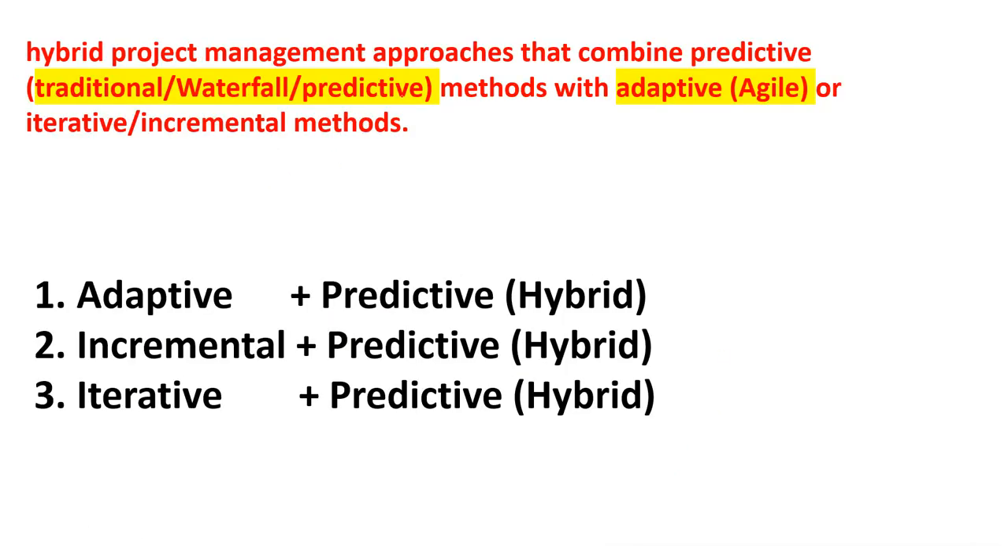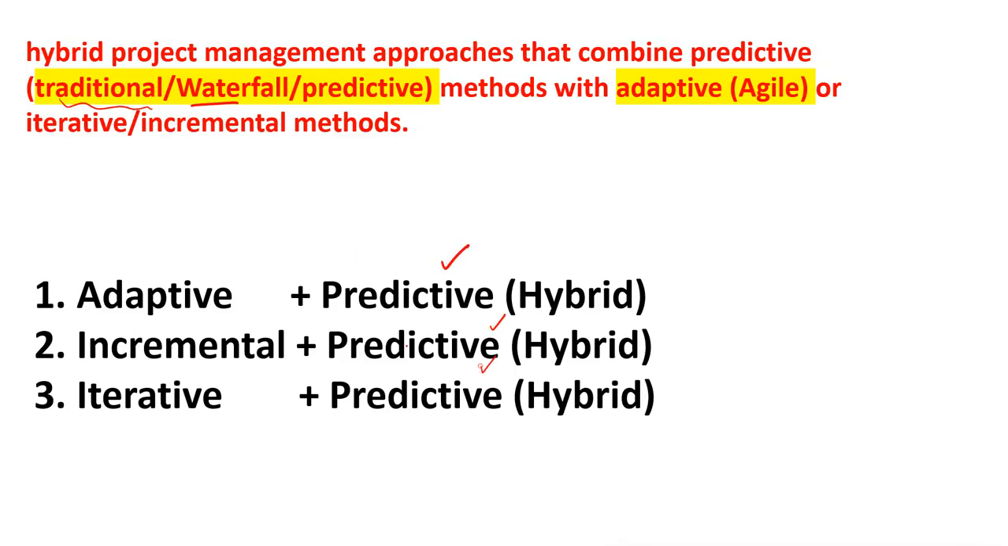Now the third is hybrid project management. Hybrid means it is the combination of predictive, and predictive is also known as waterfall and traditional, because sometimes in the exam you will see the word traditional, waterfall. So it should be clear that these are synonyms for predictive, adaptive, agile, or iterative, incremental methods. See, sometimes hybrid means combination. So